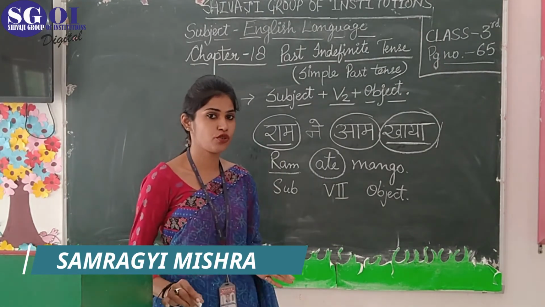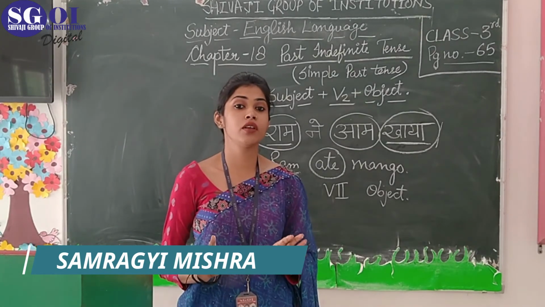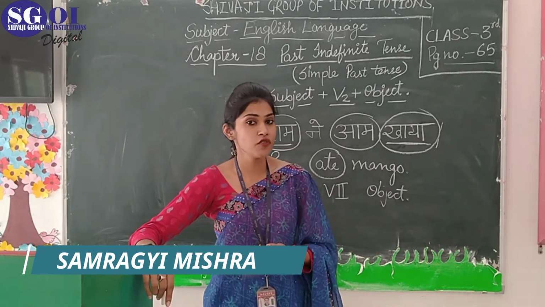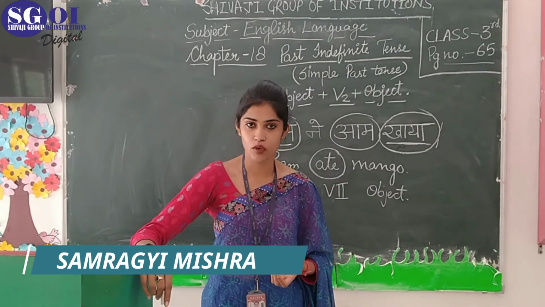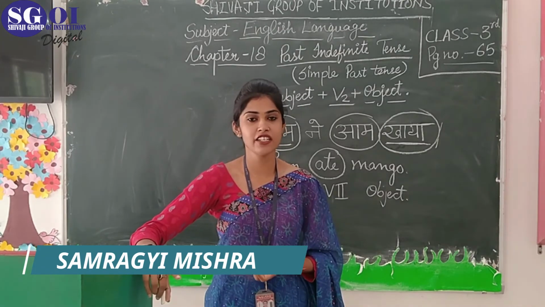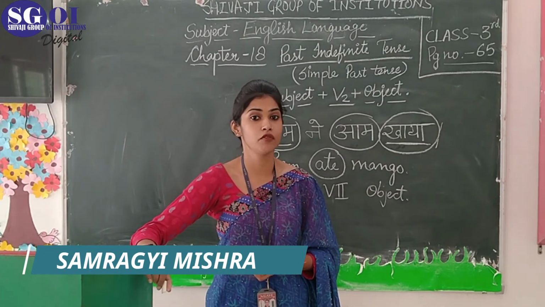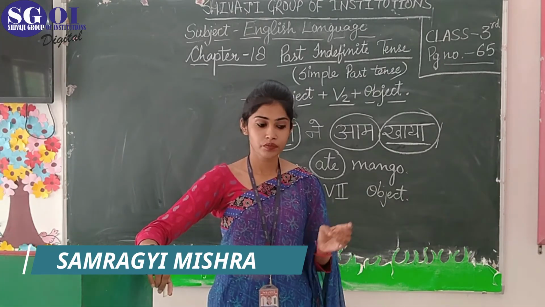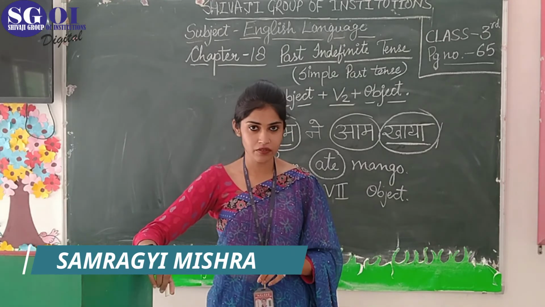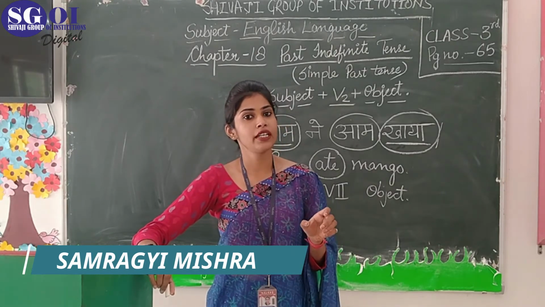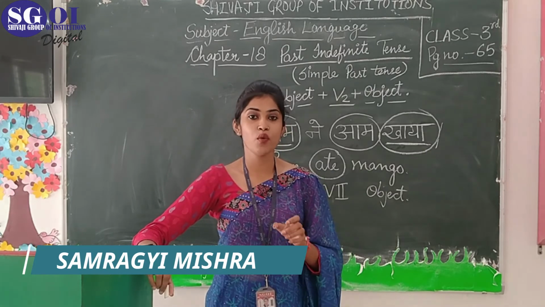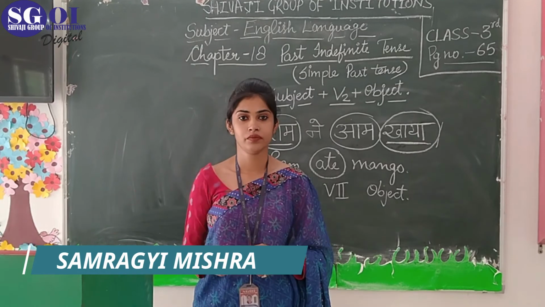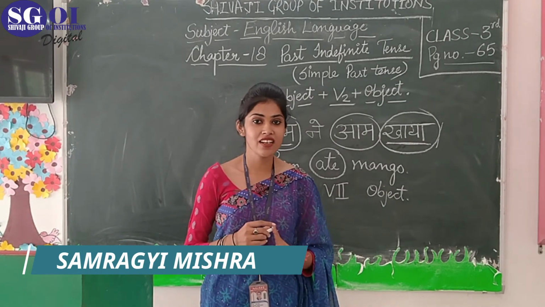You know what the past is, that is clear to you all. Now you have to be clear about the verb second form. So for that you have to learn the verb first form, second form, and third form. Okay, that is necessary. Then you have to know about the subject and object. Write a sentence by your own self and then find out what is the subject there, what is the object there, and what is the verb there. Let's take another sentence here.